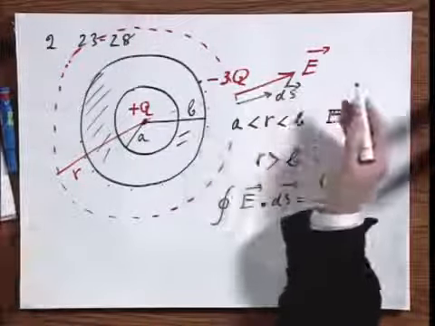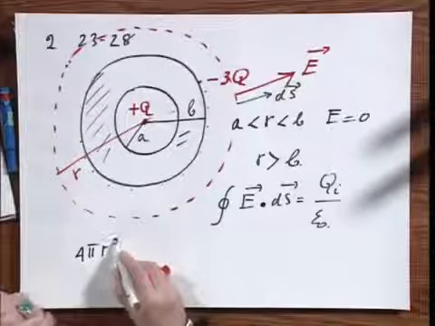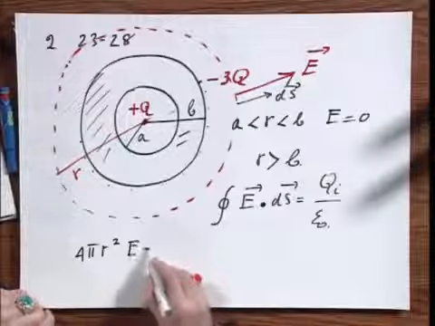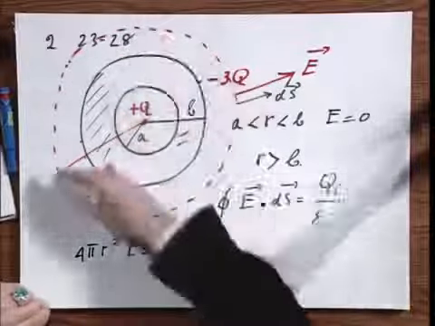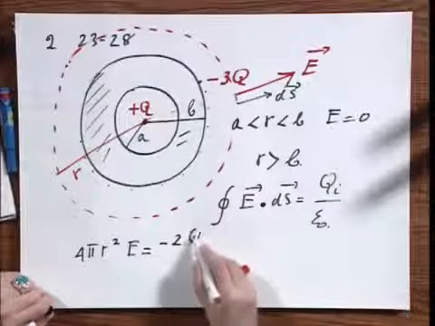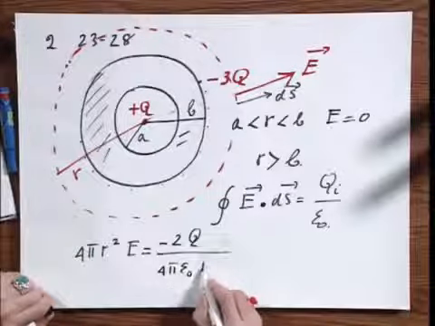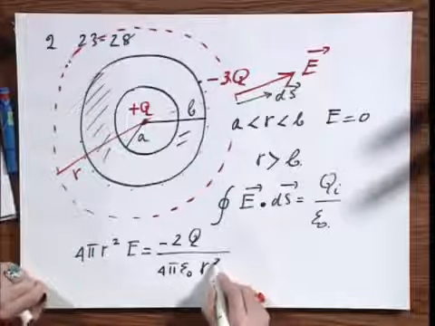If the assumption is wrong, we will quickly find out. So I find 4 pi r squared times E equals the total charge inside. This is minus 3Q plus Q, which is minus 2Q,